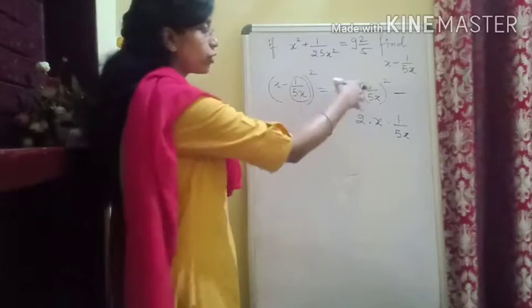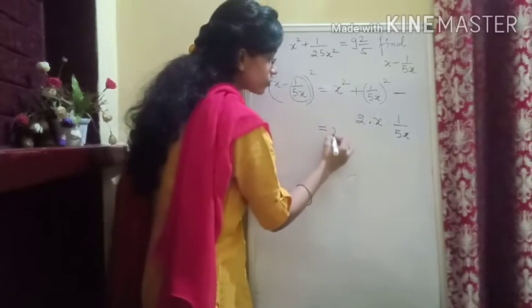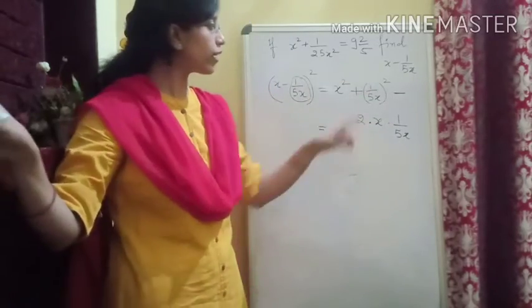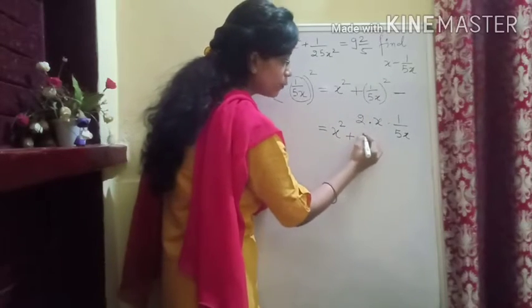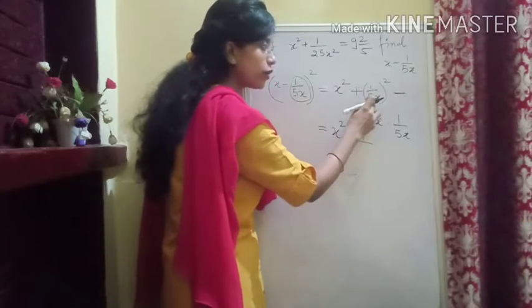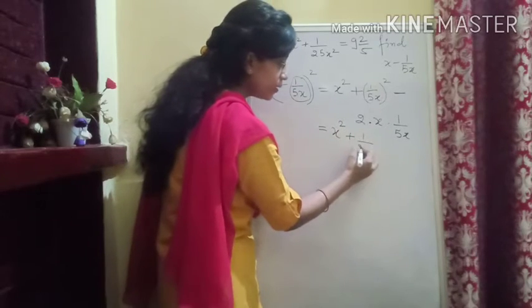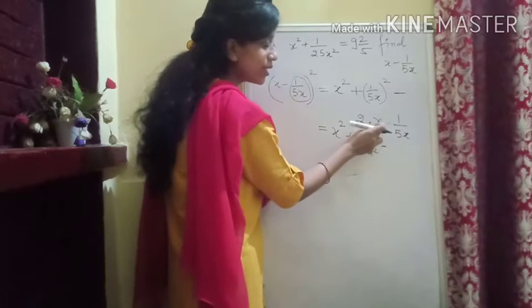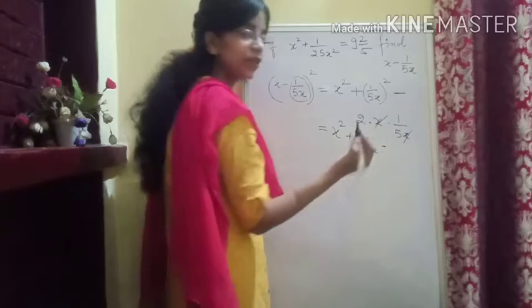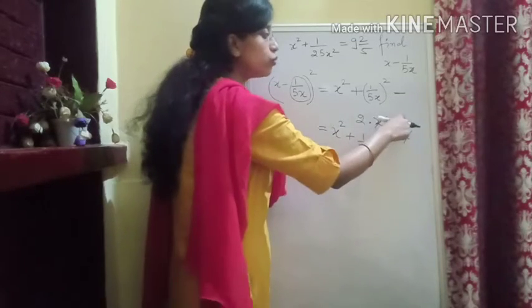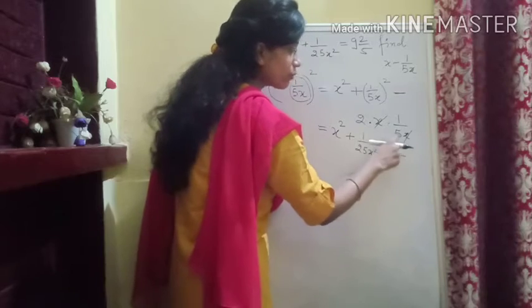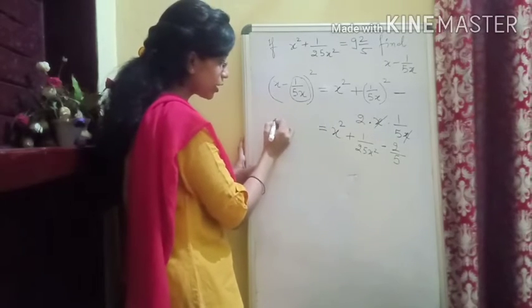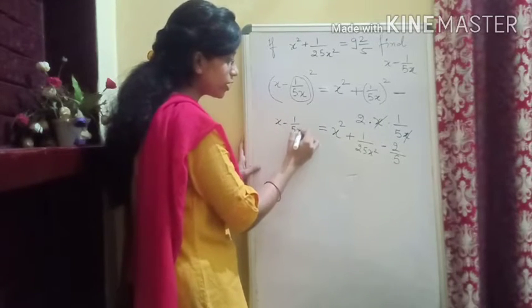Now we are going to simplify. So it is simply x square plus 1 upon 5x whole square. So what to do, we have to square it. Square of 1 will be 1, the square of 5 will be 25, square of x will be x square. So it will be x square minus, and if you see the third term, x and x are in division, so we can simply cancel them, and here we have 2 into 1 in the numerator, it is 2 upon 5. Is it clear? And on the left hand side we are going to write x minus 1 upon 5x whole square.